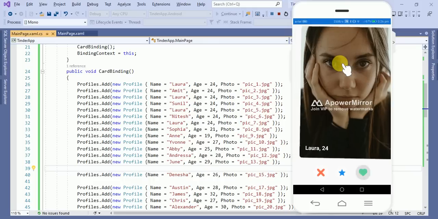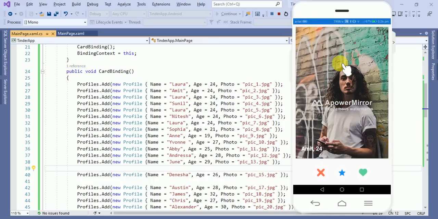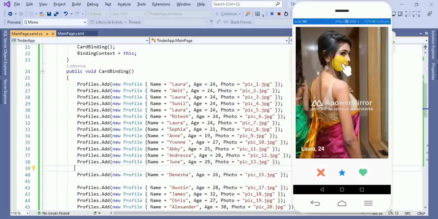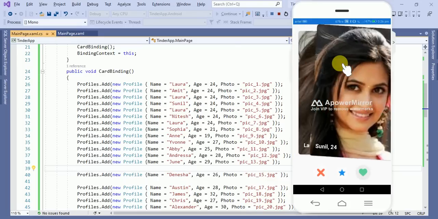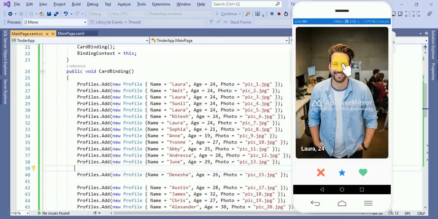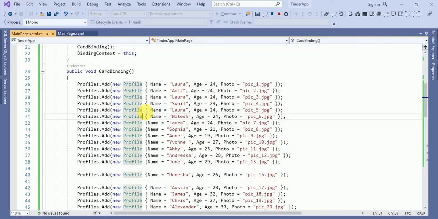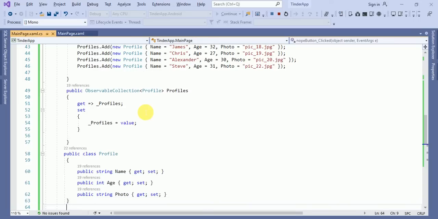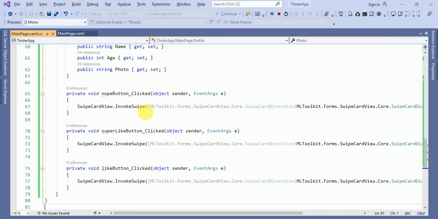Okay, now if I press like, super, dislike, like, super and dislike. So if you want to capture this event, suppose how many users have been disliked and how many users have been liked, you can capture this event over here.